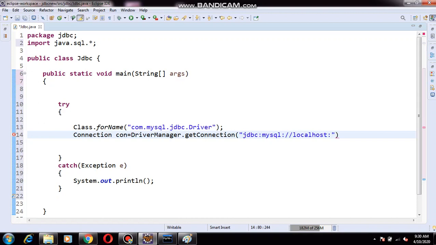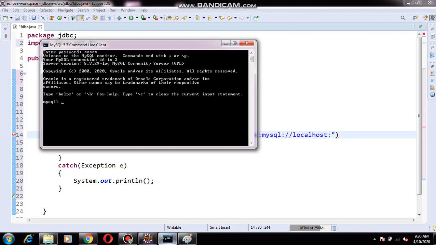In the same way, for each and every server we have one port number. How do we find out the port number of MySQL?